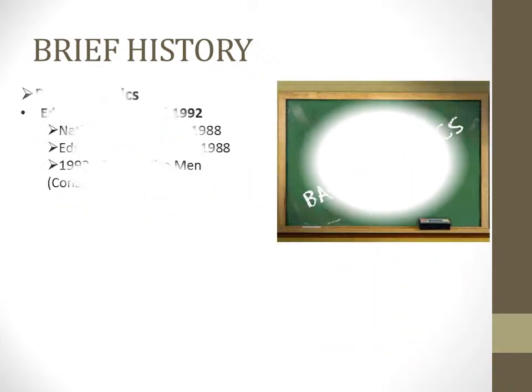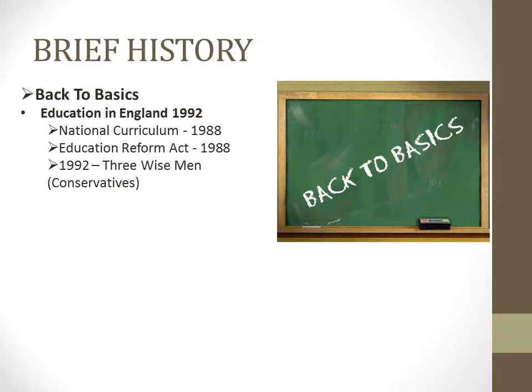Towards the end of the 20th century, education would be steered towards subject learning, with the introduction of the National Curriculum and the Education Reform Act of 1988. A back-to-basics approach was desired by the Conservative government, as standards, especially in literacy, were dropping, with the blame being placed on teachers who were seen to be neglecting the basic skills in their approach.